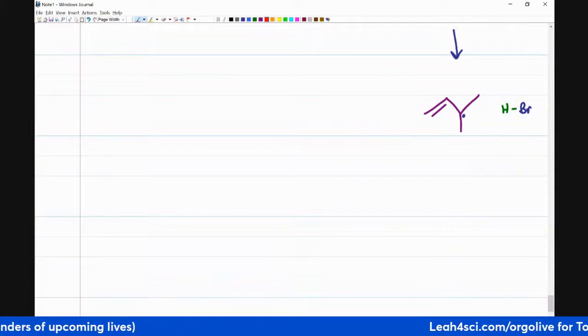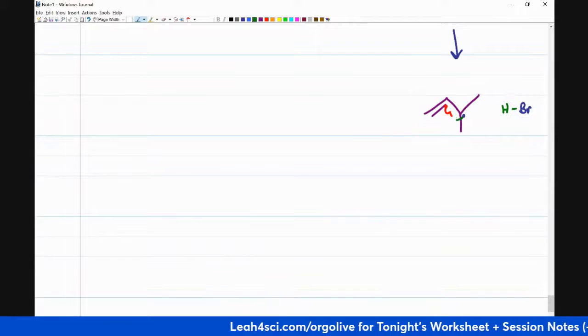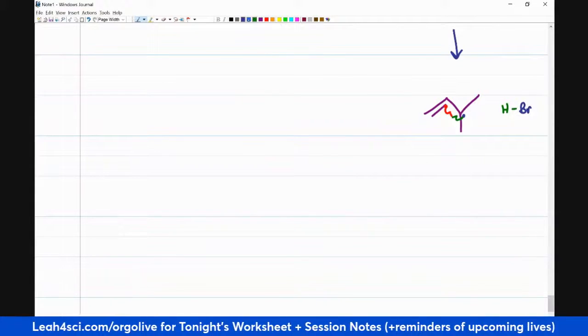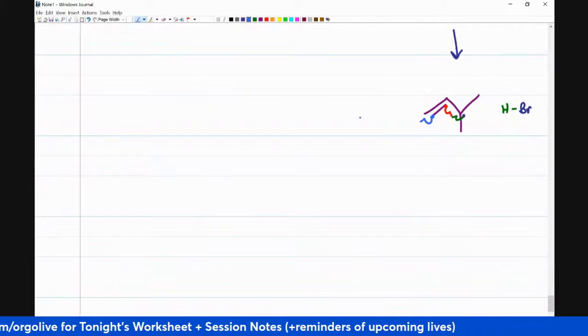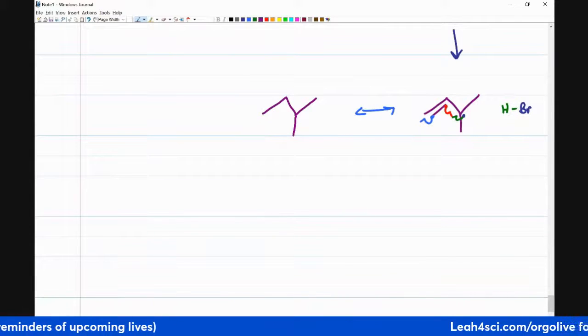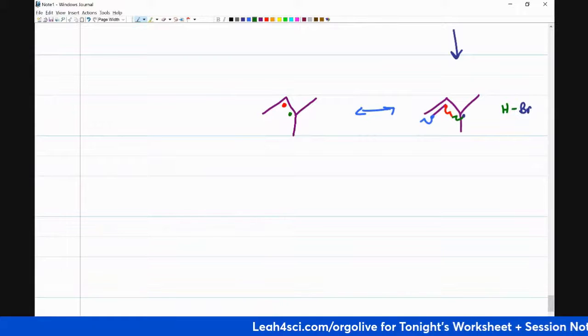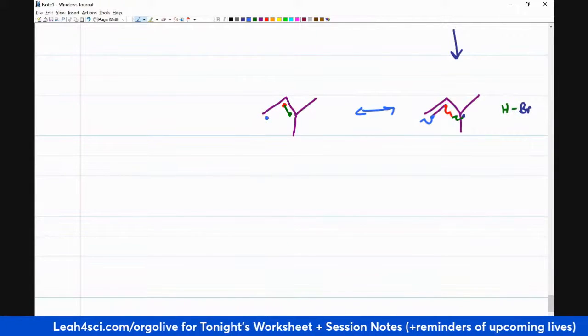But the second option is resonance. These electrons will resonate, these electrons will resonate, and what color did we not use yet? We'll use light blue. These will collapse here. The resonance structure is going to look something like this, where now I have the pi bond between the red electron, the green electron, like this, a radical formed over here,